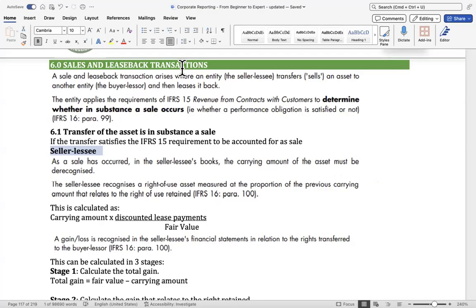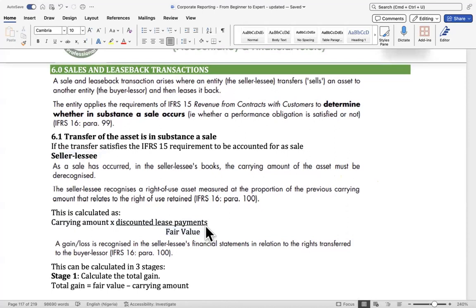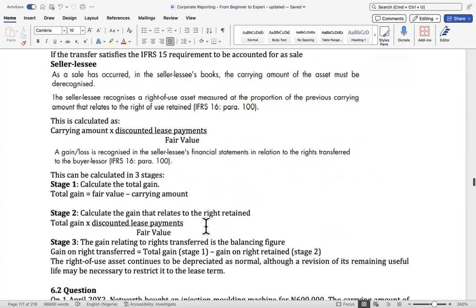So being a seller, he would derecognize the asset from his books, and he will now recognize a lease liability and a right of use asset. I focus on the right of use asset because the lease liability is just like I've taught you already. For the right of use asset, again to cover loopholes, we have done it in such a way that he can only recognize a portion of the previous carrying amount. So that's why we determine it this way: carrying amount multiplied by the discounted lease payments over fair value. That's what you recognize as right of use. However,